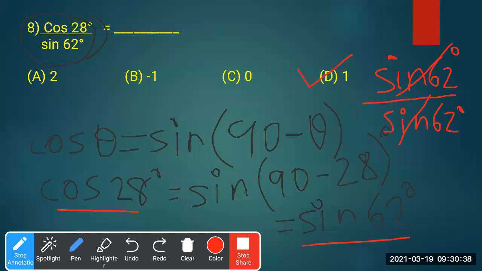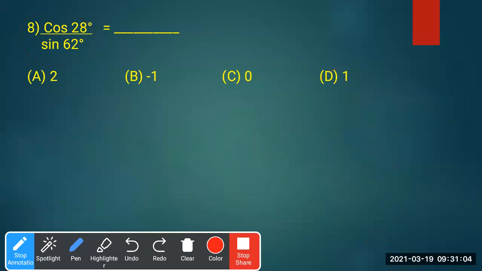So students, if such type of question comes, just focus only on the numerator, and as per the numerator, whether it is a sine or a cos, apply the trigonometric ratios and the relation among them. It will be easier for you. I hope that this question is clear.